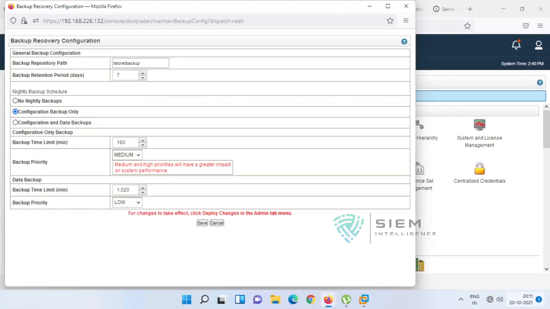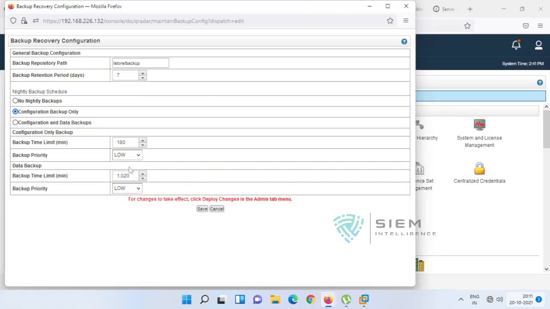Generally people don't take data backup; people take configuration backup only. I also advise taking the configuration backup, because data backup can sometimes be in terabytes, sometimes in petabytes. That's up to you; if you want to back up petabytes of data, you can. But configuration is more than sufficient.